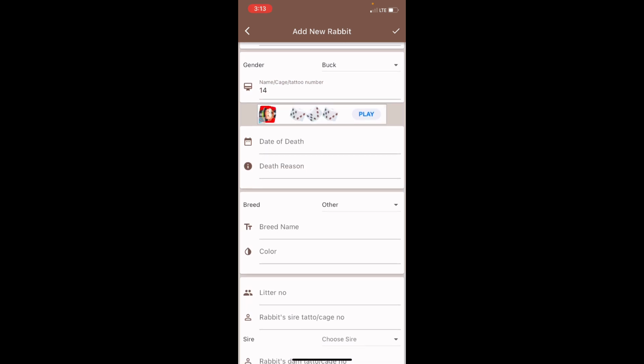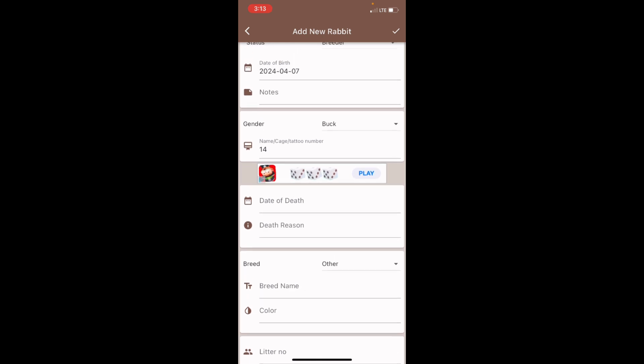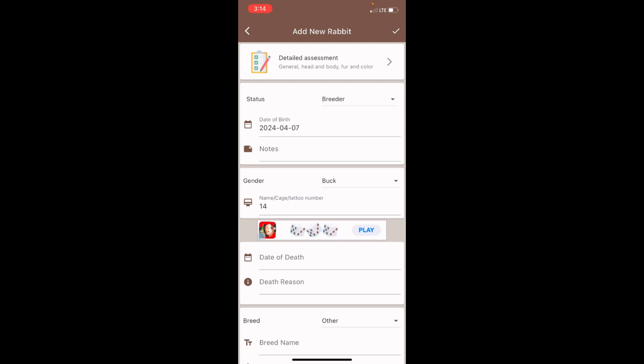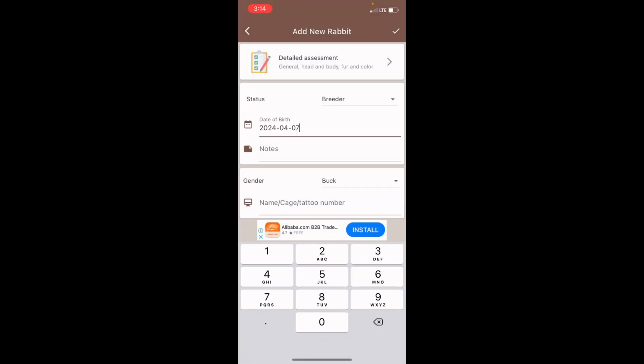Then this particular aspect is for when the animal passes on or when you sell it out. Okay, so you are going to register the day it died and the reason for its death. Okay, you realize that when we started from the beginning, we had date of birth. Okay, if it happens that it was littered on the farm, then on this particular portion, you are going to put in the day the animal was born. But if it happens that you bought it from another farmer, then you have to indicate the day that you bought that particular animal. Okay,